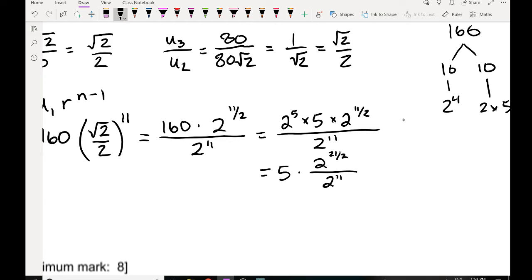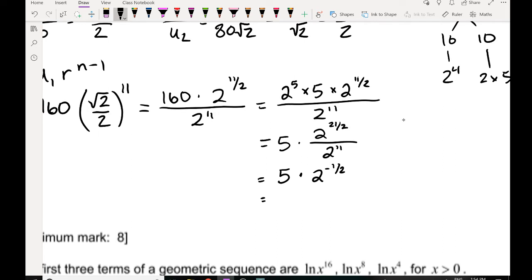And so then I have to subtract here a little bit. 2 to the 21 over 2 divided by 2 to the 11, I subtract the exponents. 11 written as a fraction over 2 is 22 over 2. So this ends up being 5 times, I'm doing 21 over 2 minus 22 over 2, so it's going to be 2 to the negative 1/2,